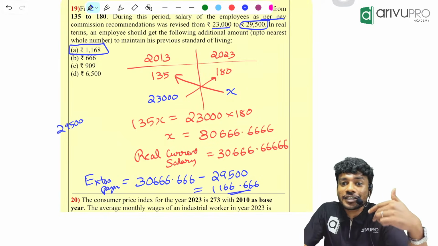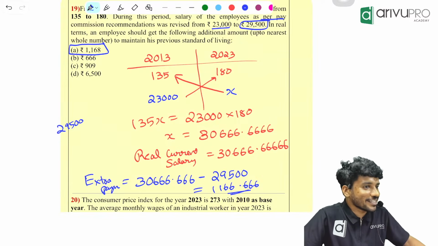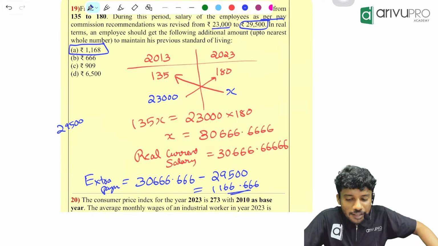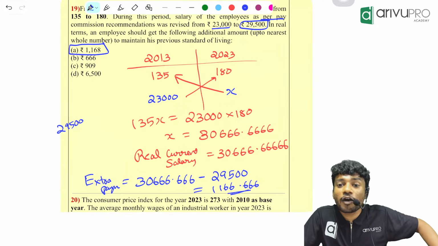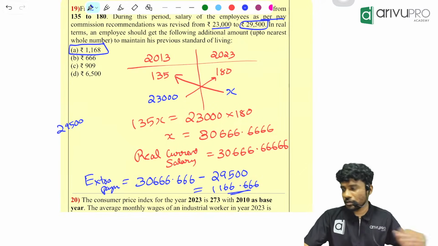They are asking that they already gave the salary which they are paying. Till now they did not mention that. That's why we were finding the current salary. Here they are giving us, so we should find how much extra they should pay with the current salary. Now,